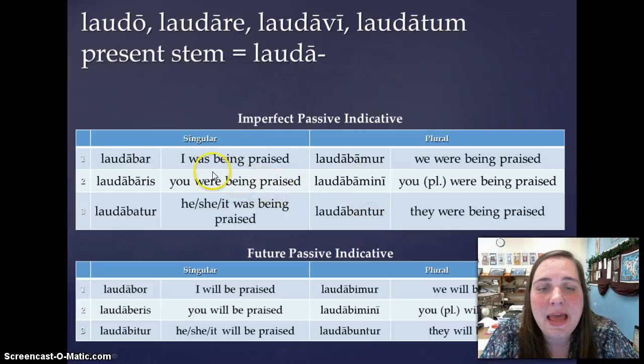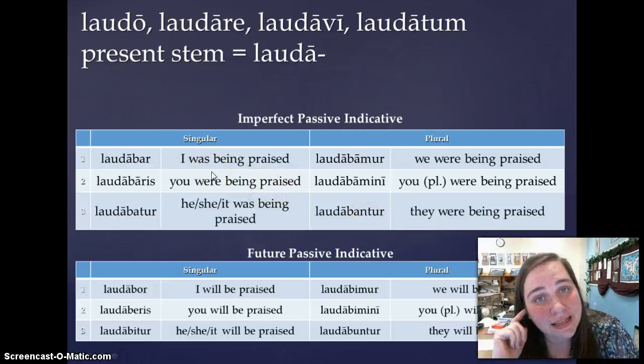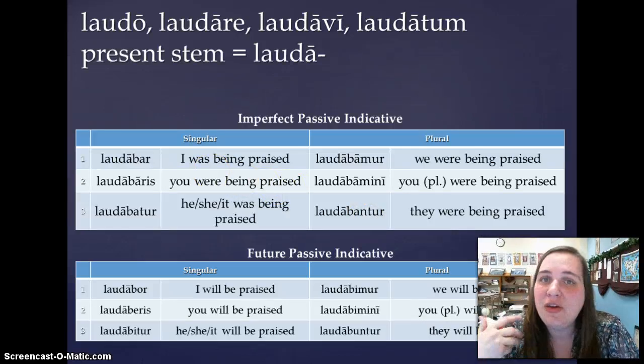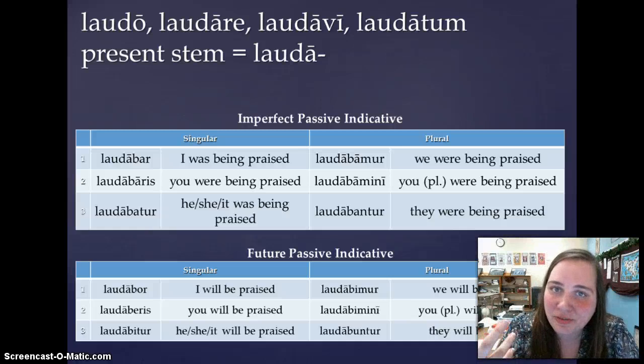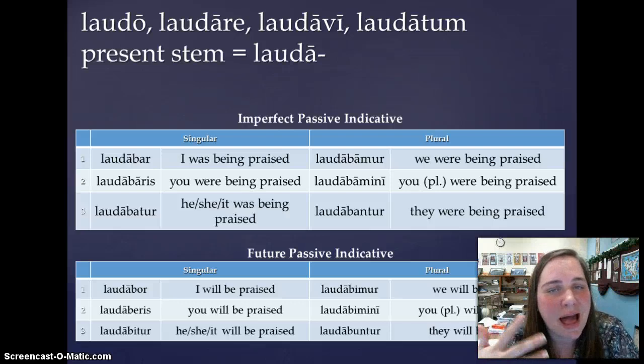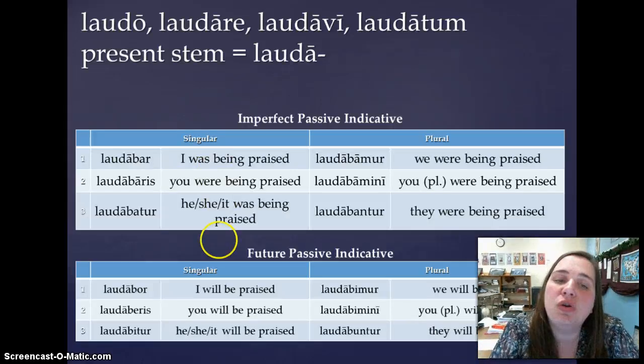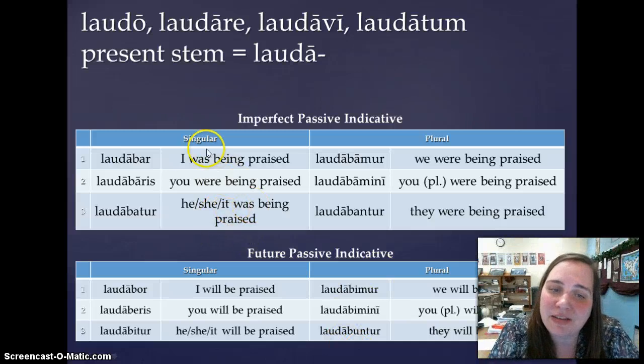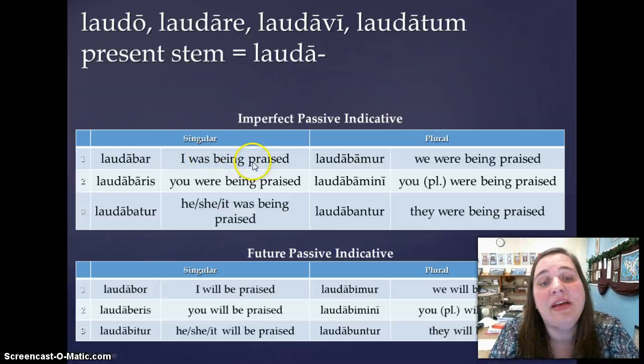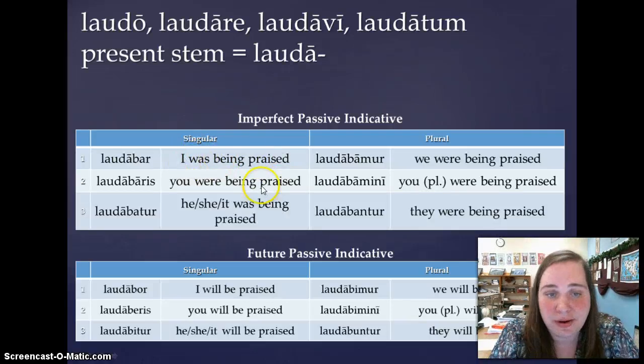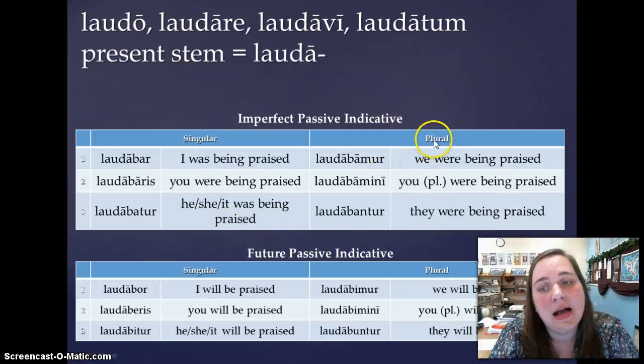laudabantur. Okay? When you translate the imperfect passive, you have to remember it's still imperfect. So you still have to get that continuous past action, that incomplete past action in there. So you translate the imperfect passive as I was being praised. Okay, not just I was praised. That's going to be perfect passive. It has to be I was being praised, you were being praised,